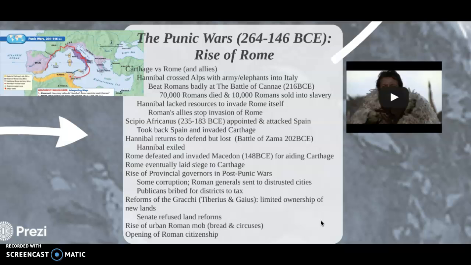After that, it's basically a mop-up job. But the big thing, as the map shows, is how is Rome going to deal with this expansion? And what actually happens is you get a lot of corruption that develops in Rome based on this expansion. So a lot of corruption with provincial governors ruling across the empire, in buying up lands, and then overpopulation because of the increased urbanization in Rome. So it's kind of a crisis situation.